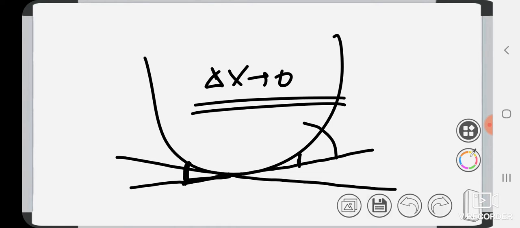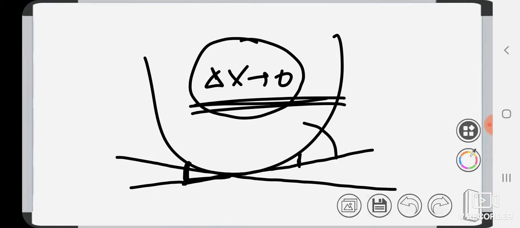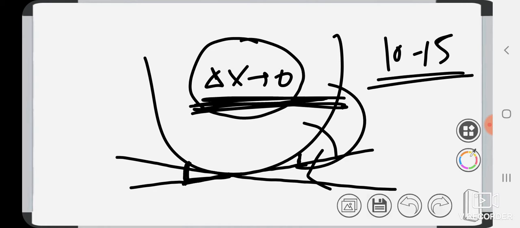And if you want a brief explanation about why the del x becomes very small, please explain graphically. I will make a video on this and make you understand why the del x is very small in tangents. This will need 10 to 15 minutes to understand, and I am not making this video that long. So just see from this explanation del x tends to 0, and I will later make another explanation which will show that del x tends to 0 is true, right?